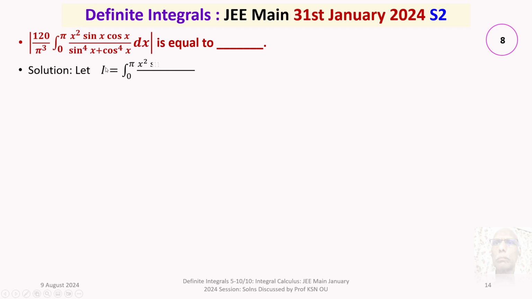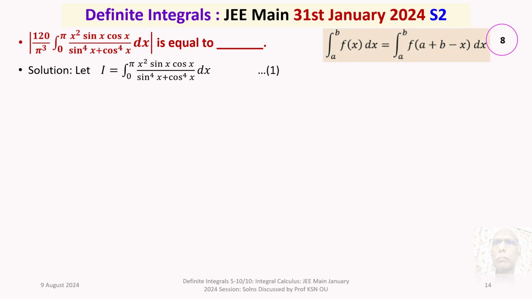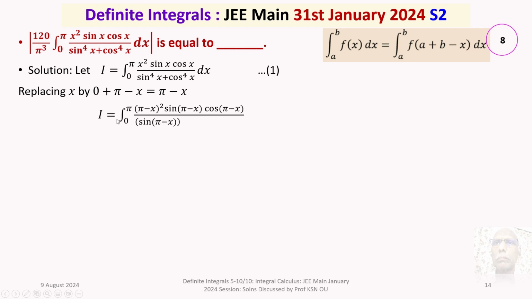So let I be equal to the integral 0 to pi x square sin x cos x by sin to the power of 4x plus cos to the power of 4x dx. Call it as 1. We want to apply the King's property. For the King's property, replace x by the lower limit 0 plus the upper limit pi minus x, that is pi minus x. So you will get I is equal to integral 0 to pi, wherever there is x you